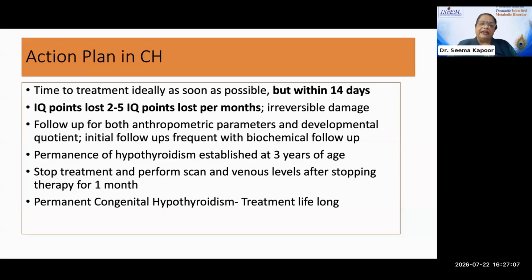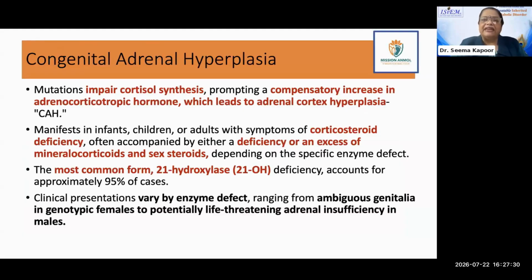If FT4 is low, or TSH is still more than 10, it confirms permanent congenital hypothyroidism, and this baby will require treatment lifelong. So this was the basic plan in the first disorder, congenital hypothyroidism, which forms a template disorder because